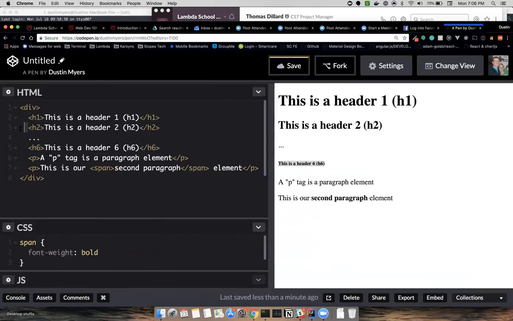If you'll notice, I've actually indented everything that sits inside this div tag. That's not part of the syntax of HTML.